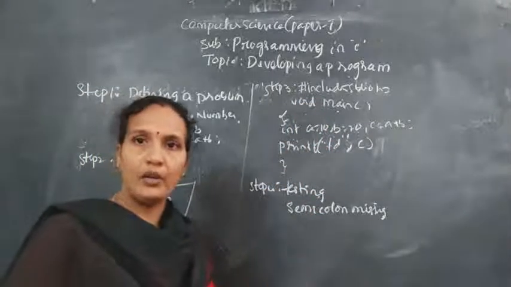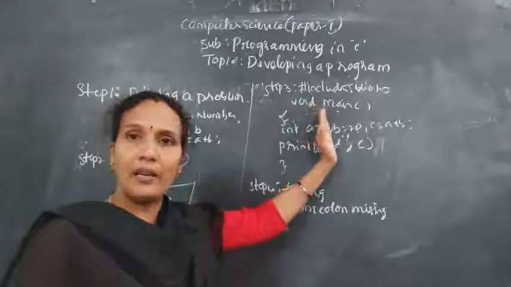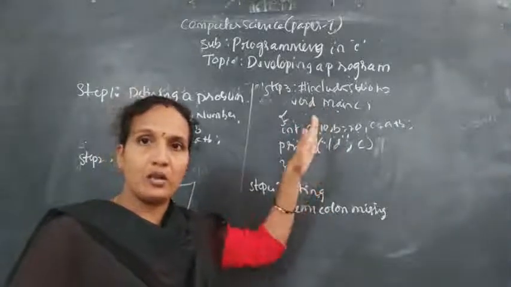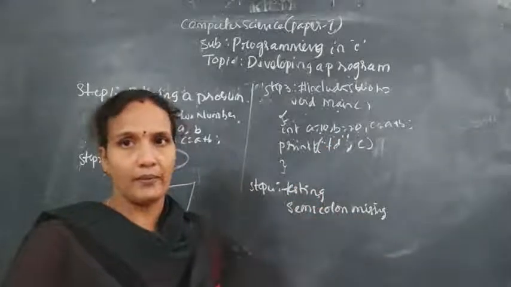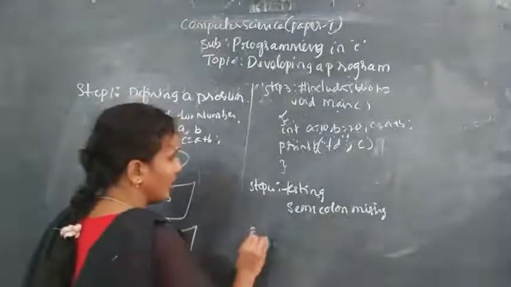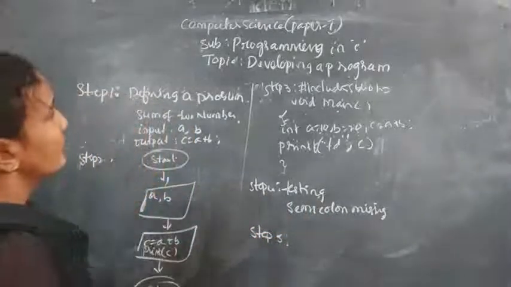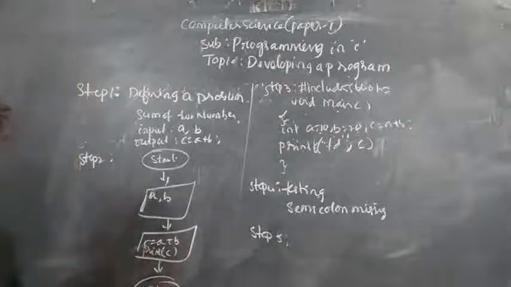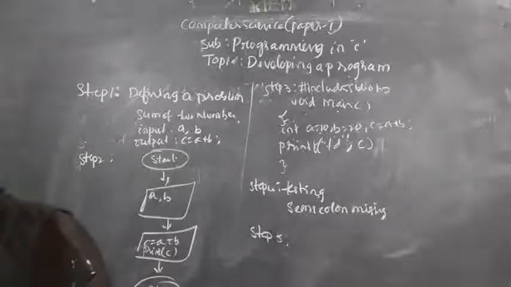In testing, whatever program you have written, we check whether it is according to the programming language vocabulary or not. If it is not, you will get an error. Finding an error is nothing but debugging. Clear? Now, after testing is over, what is the next one? After testing, what is the next step? Implementation. You need to implement that program.